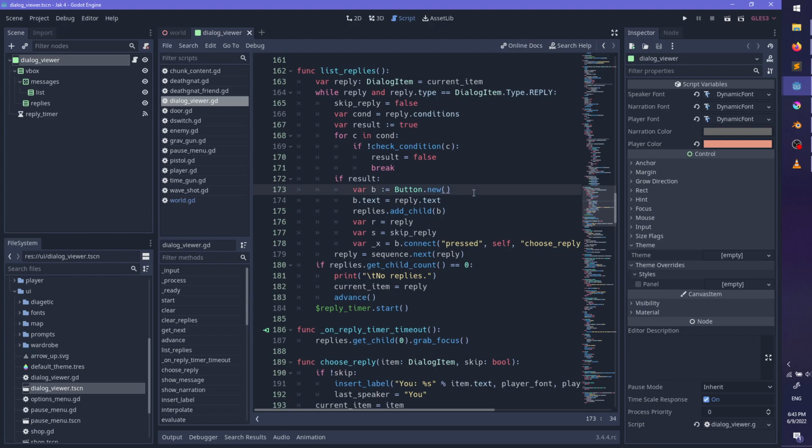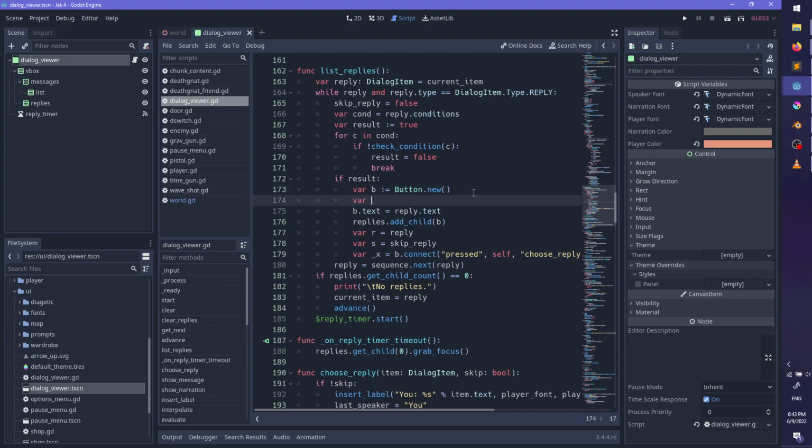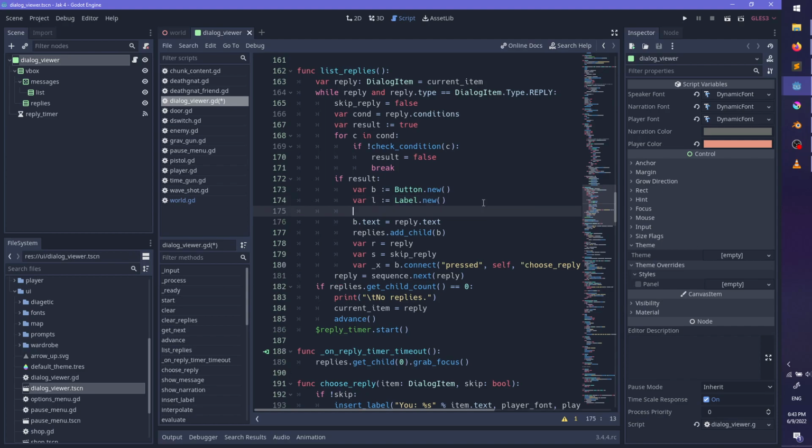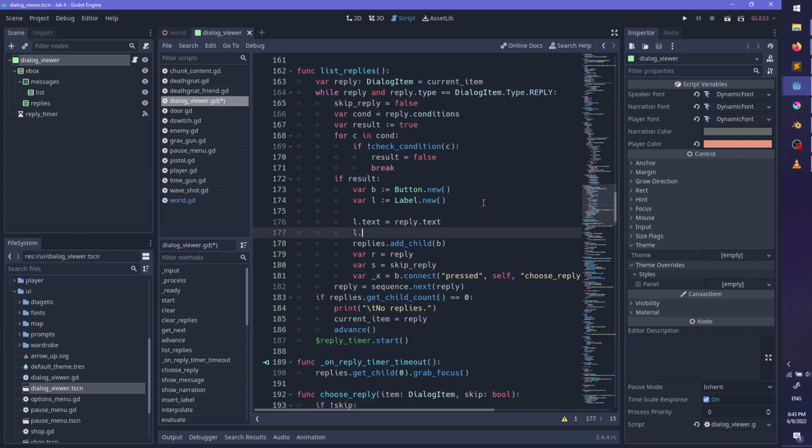Okay, so it'll be button.new, var L equals new. Actually, yeah, that'll be fine. L.text equals that.